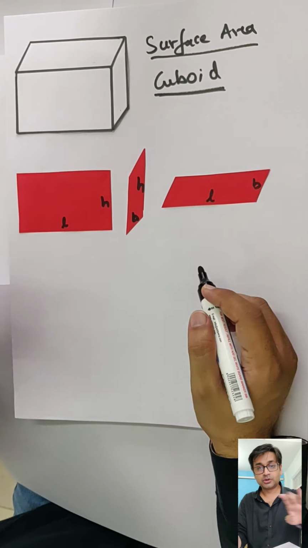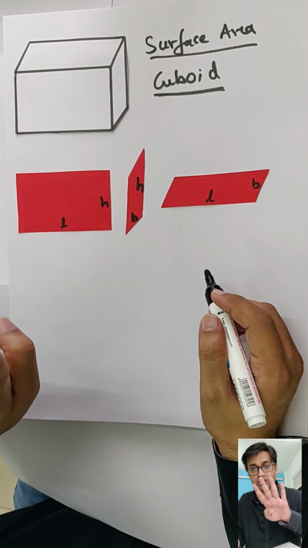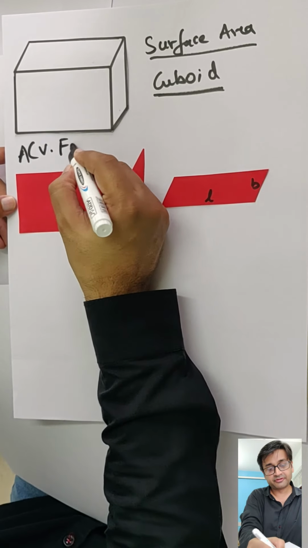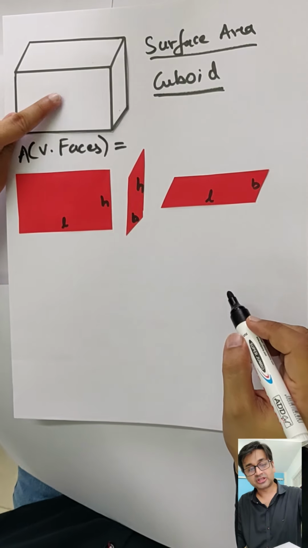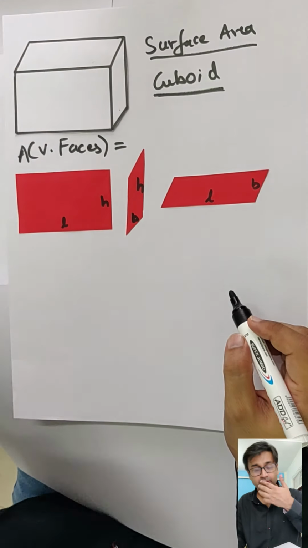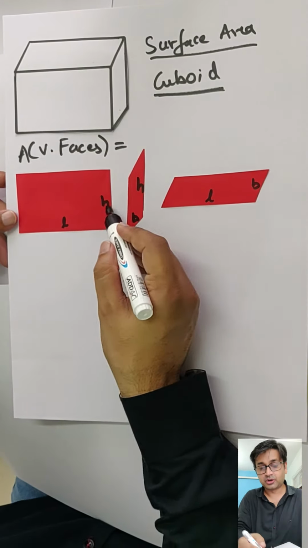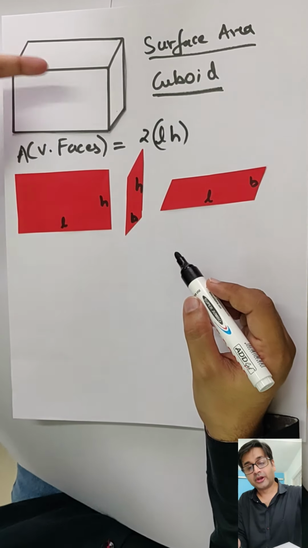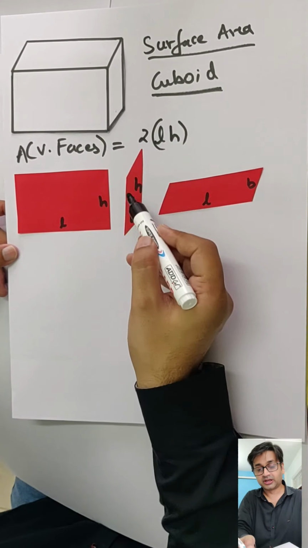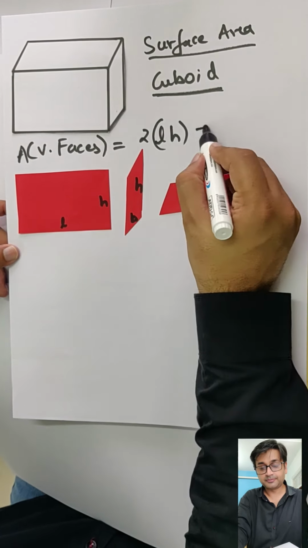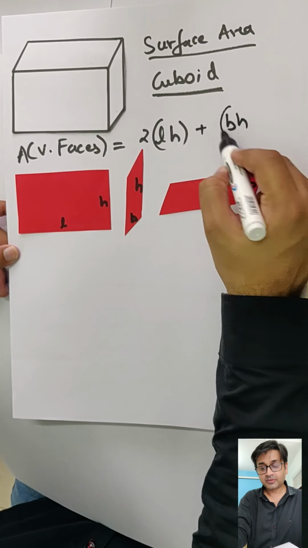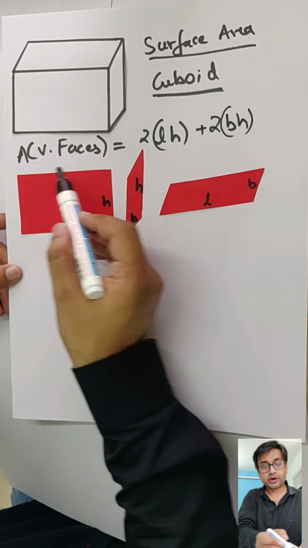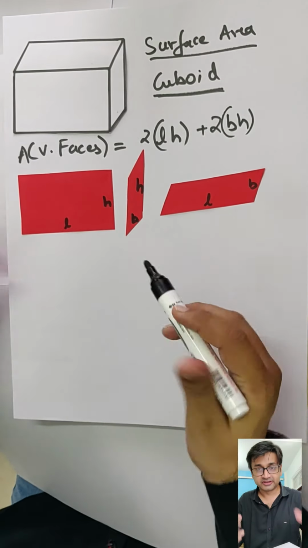So now the first one. Now you need to find the area of vertical faces. So how many vertical faces? 4. So we will say area of vertical faces. Now this is the first vertical face, this is the second, this is the horizontal one, correct? So the first vertical face, length into height. And how many such vertical faces? 2. One on this side, one on the other side. The second one is this vertical face, this is horizontal. So the second one plus breadth into height, and there are 2 such, one on this side, one on this side. So you add these 2. When you do this, what you are going to get is only the area of the vertical faces.